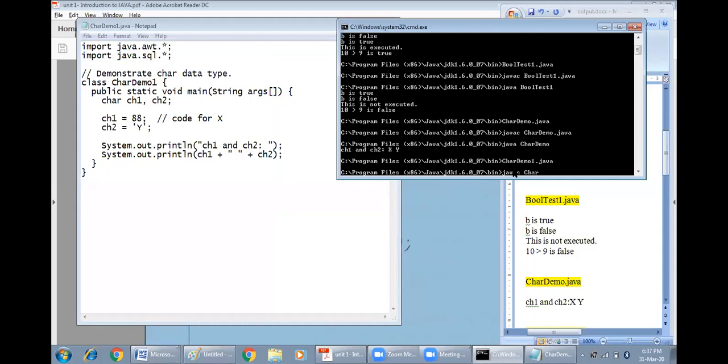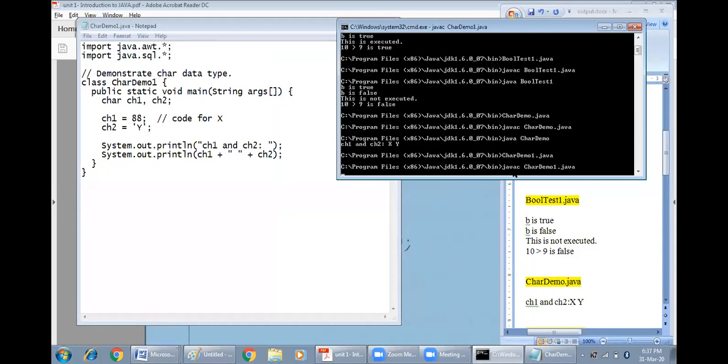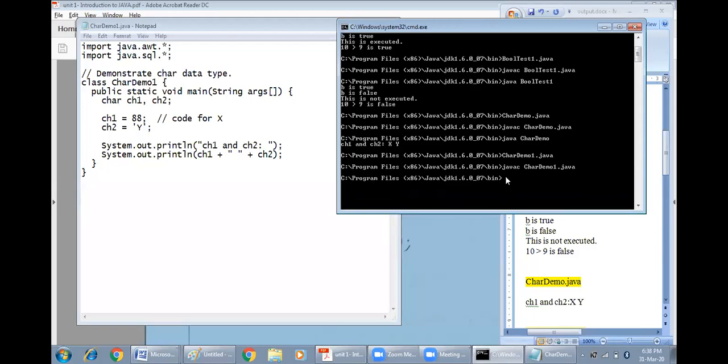I am compiling CharacterDemo1 now, with javac, giving the name of the source file, CharDemo1.java. This compilation is successful. Now to the interpreter, CharDemo1.